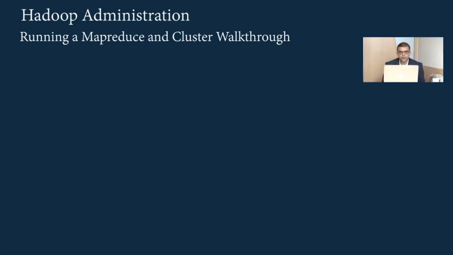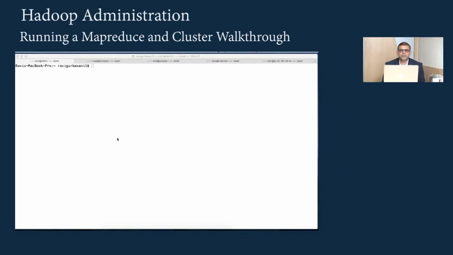So let's get going. First thing is, let's connect to these machines and check with JPS whether all the services are up or not. So we first connect to machine number 1, machine 2, machine 3, machine 4. Here we are connected to Delhi. Here we are connected to Mumbai. Here we are connected to Kolkata. Here we are connected to Chennai.